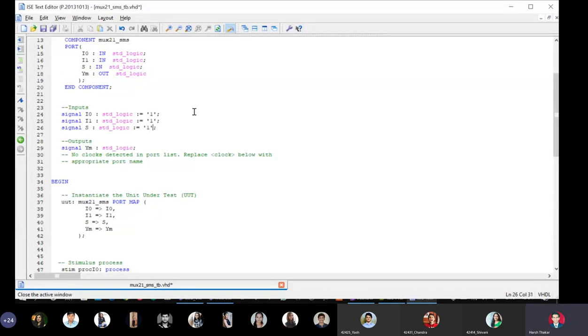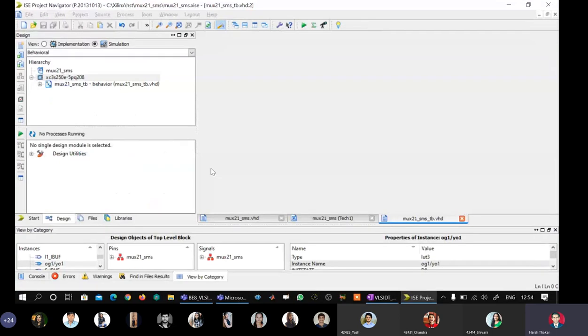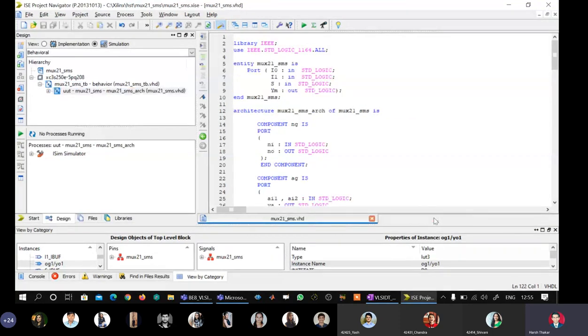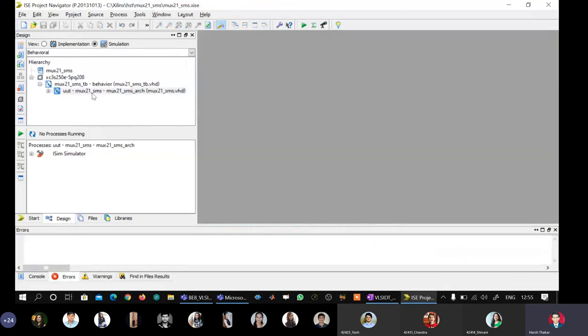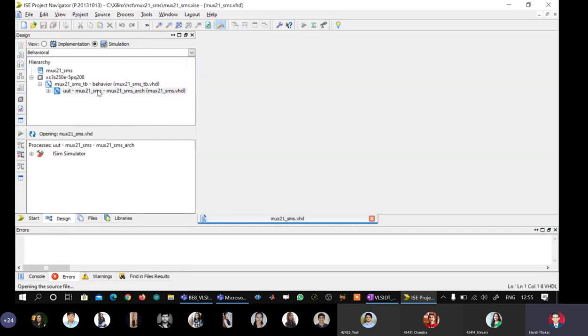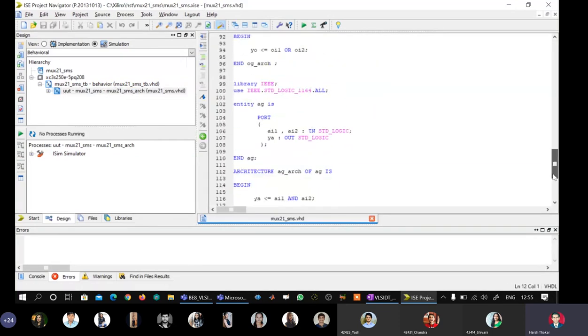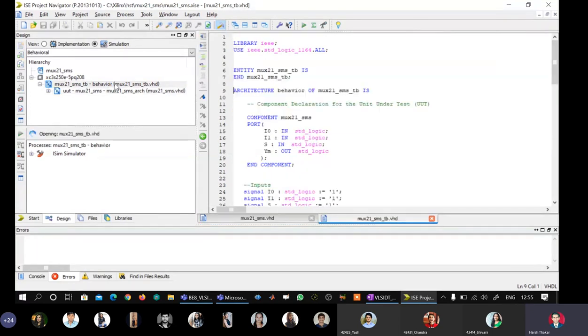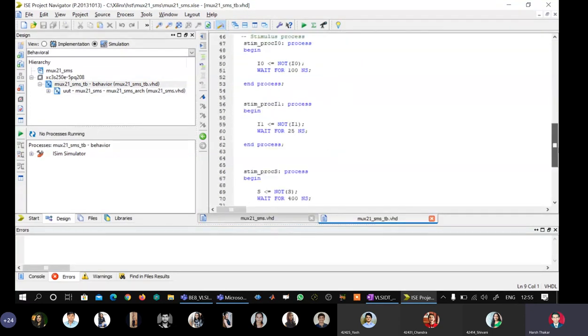Okay. So go here, ensure simulation mode of the tool, expand this, and here, please select the test bench program, not the main program. I'll show you how you come to know. I'll close all windows and if I double click this thing, I get my VHDL model, which is to be synthesized. If I double click this, what I get is my test bench program, the 3 processes I wrote.